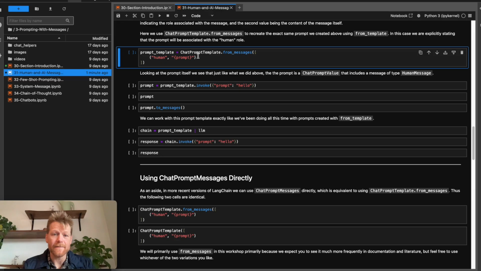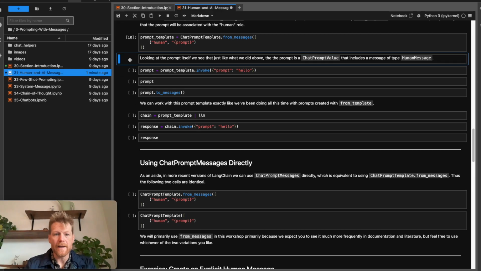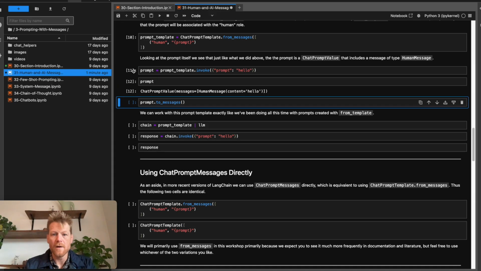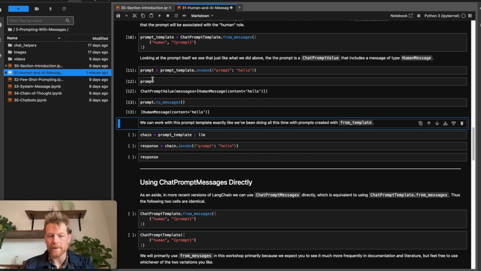And then as the second value in the tuple, this is where we will provide our prompt. Again, in the fromMessages method, just like the fromTemplate method, we can use this bracket syntax to parameterize aspects of the prompt that we want to pass in later when we invoke the prompt, either the prompt itself or in the context of a larger chain. So we will define this prompt template here. And if we invoke the prompt exactly as we did above with the simpler prompt that we created with the fromTemplate method, we can see that, either looking at the prompt directly or the prompt's toMessages method, that we have the